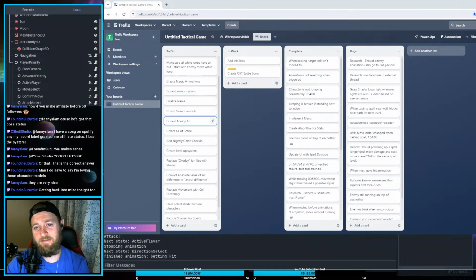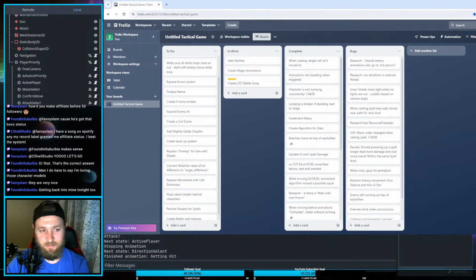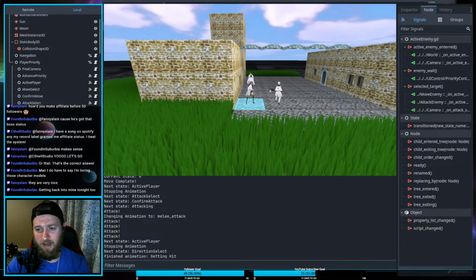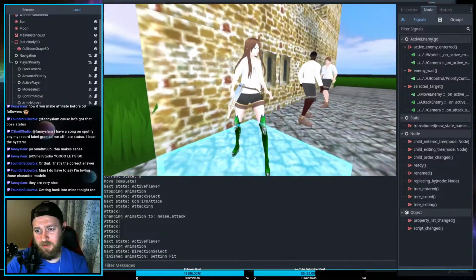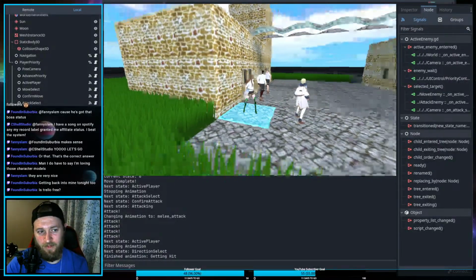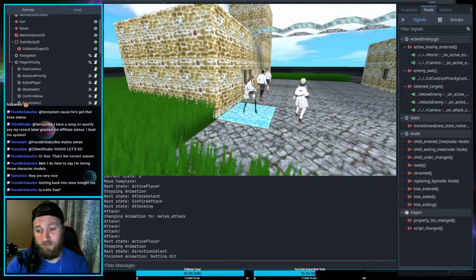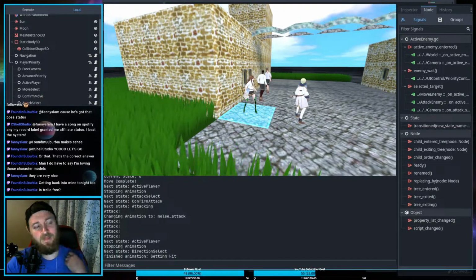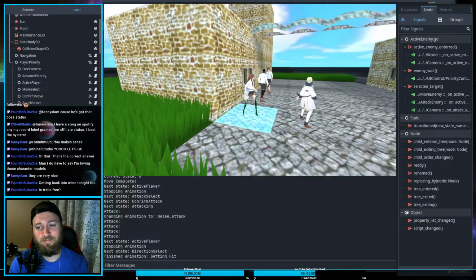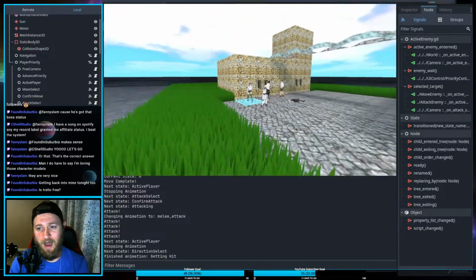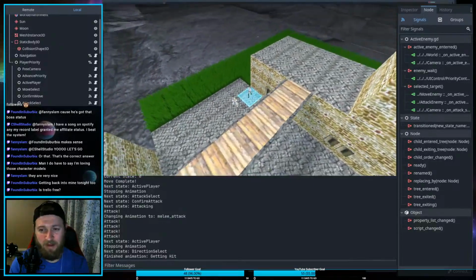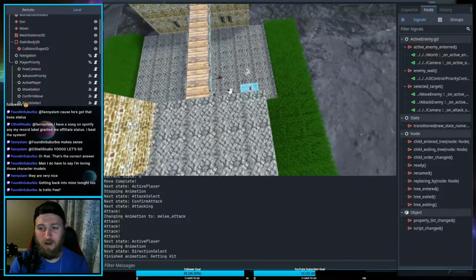For today, what we'll be working on is magic animations, so we'll start there. I've been kind of thinking through this, and I want to make sure it's something that's pretty reproducible and pretty easily done, right? Trello is free. Yeah, check out Trello, it's free. But yeah, I want to, as a rule, not create anything that's not expandable, right? And I'm planning on having a lot of different spells. So I don't know if you caught the